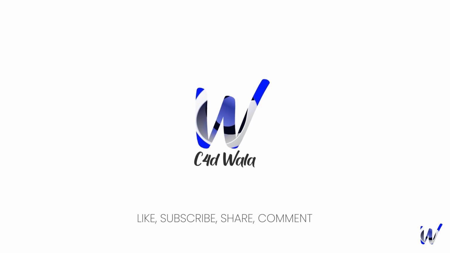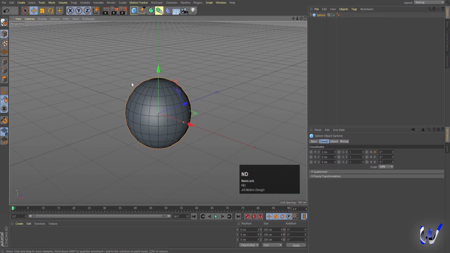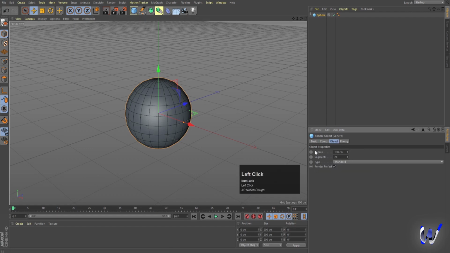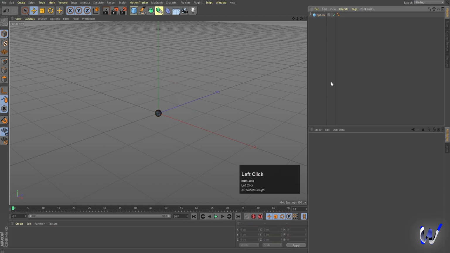So here we are in Cinema 4D. First thing we will do, we will create one sphere and then we will hit N and D so we can see our edges. We are not going to do any changes for the segments. All we need to change is the radius of this sphere, so I'm gonna make it 10, let's say,